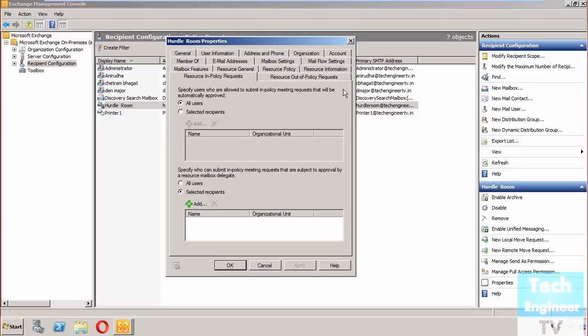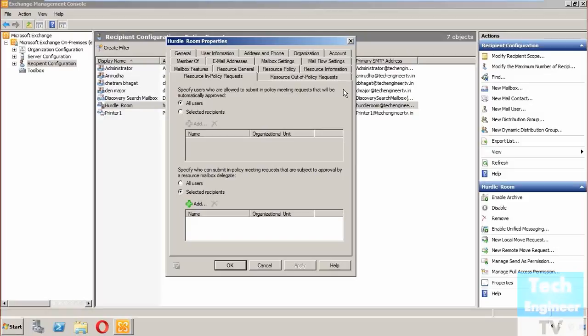Whatever resource you have in the organization, you can give the request, and in the first list you will find it has been set by default to all users,